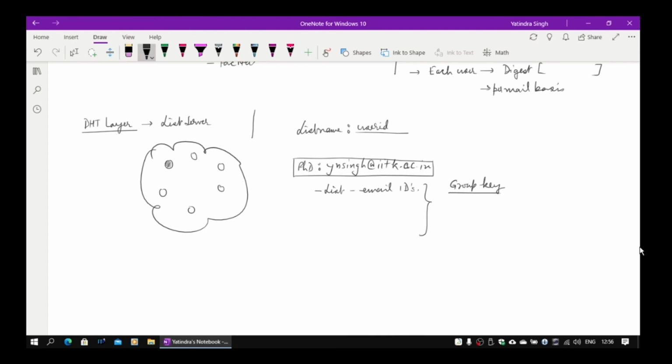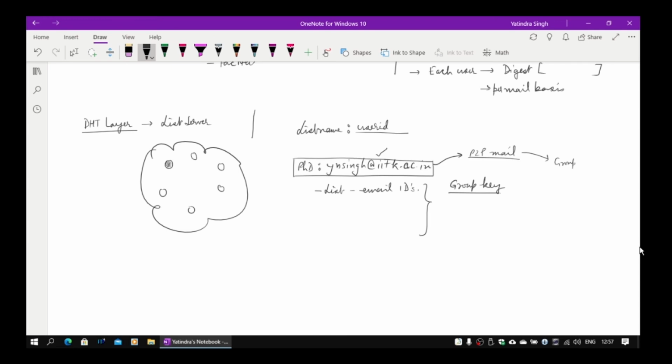So everybody who becomes a member of this list, I need to send a group key to him. So this is done through a peer-to-peer point-to-point mail system. So I will send a mail message telling that I have created this particular thing, and this is the group key.